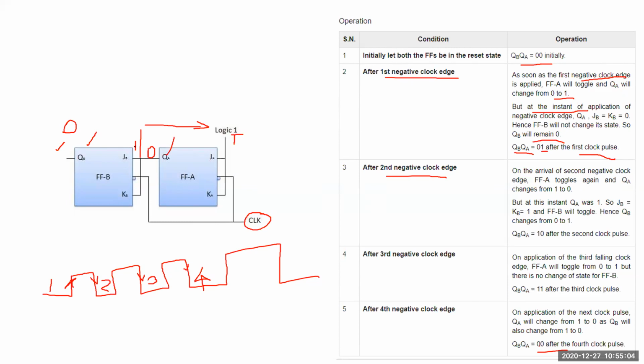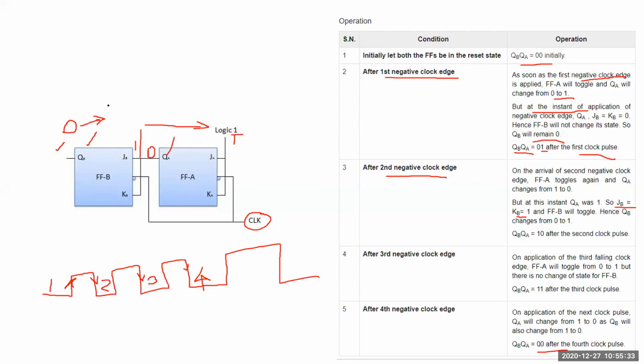Sorry, the input was 1 over here. For the second flip-flop, the input was 1 before arriving of the first flip-flop's output. So therefore, we have written here that the second flip-flop's input is going to be 1. And whenever the first flip-flop toggles, the second flip-flop also toggles. Whenever 1 is connected over here, the second flip-flop toggles, and the output changes from 0 to 1. Now the QB output will be 1.